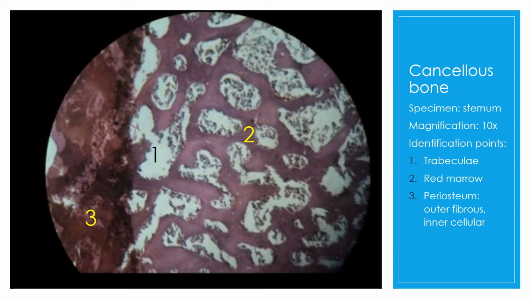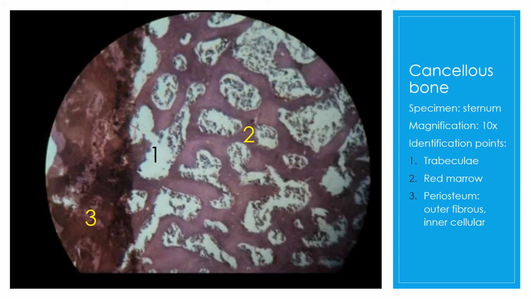You can see this is a tissue taken from the sternum, the spongy bone taken from the sternum. You all know the basic features of the cancellous bone. So you need to identify the three basic points to label this slide as the slide of the cancellous bone. The first thing is you need to see the trabeculae. You all know about the trabeculae. The area labeled as 1, which appears as the white cavities, these are the trabeculae. The cavities within the bone are called the trabeculae.